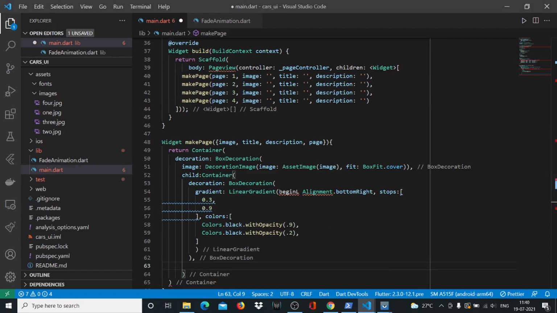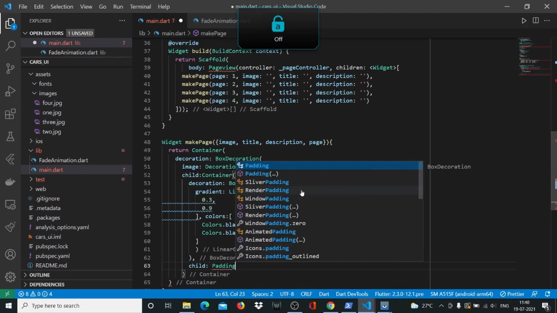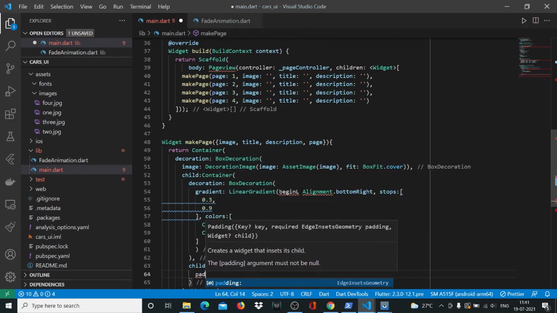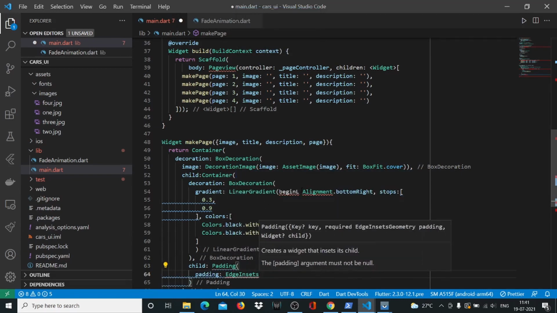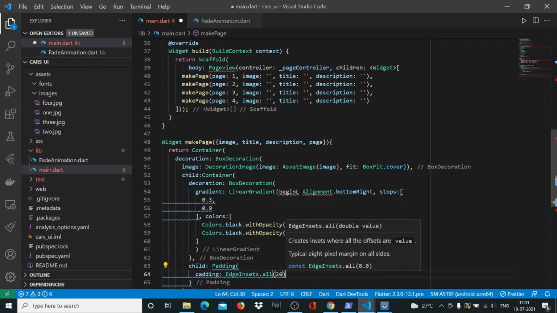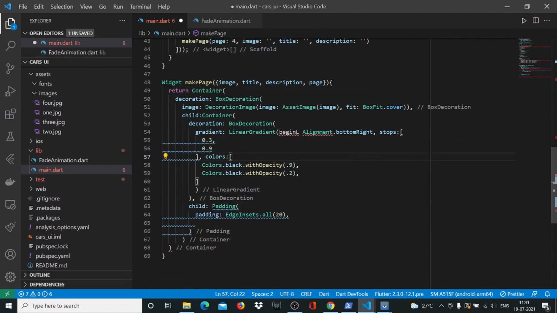So after our box decoration, you'll say child, and you'll put a padding. Inside that padding you'll say edge insets dot all 20. So here I think there's an issue, it's a small typo. After begin, I have by mistake put a capital L, and it should have been a colon actually. So after we've put our padding, we'll put a child here,